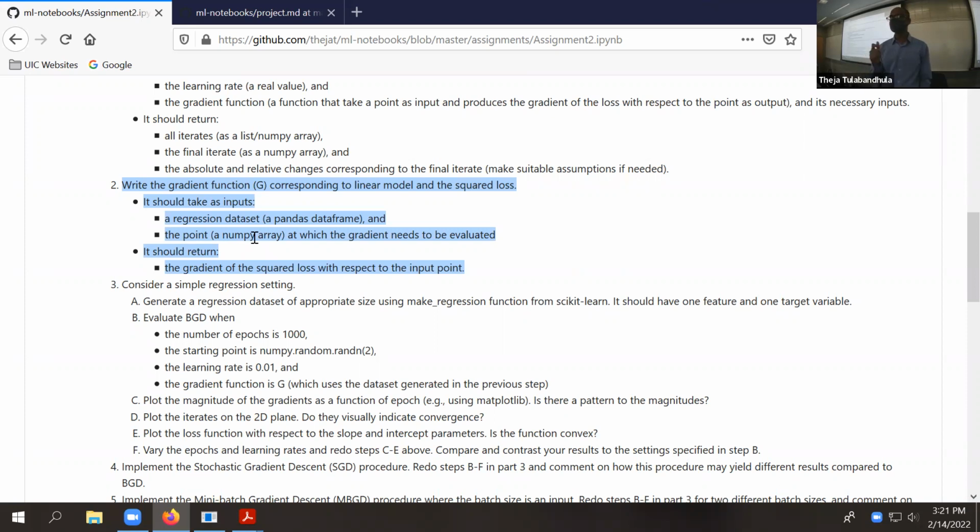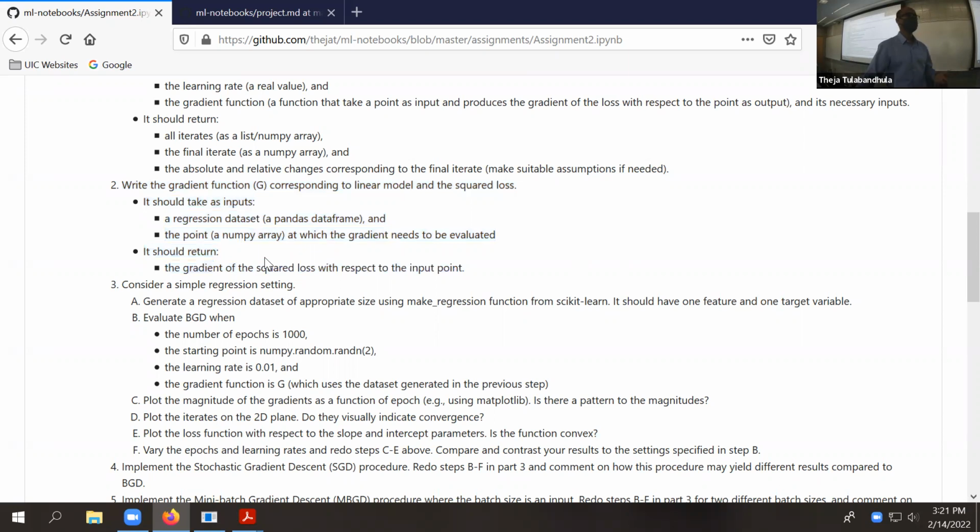Remember, if you remember the gradient coordinate, and we're going to switch to slides in a few minutes. The gradient coordinate was something like h theta of x minus y times xj. If you think of the jth coordinate, so there's an xj. So the current point's xj value is also used to define the gradient of the loss with respect to theta j, that coordinate. Okay, so there is a need for the current point.